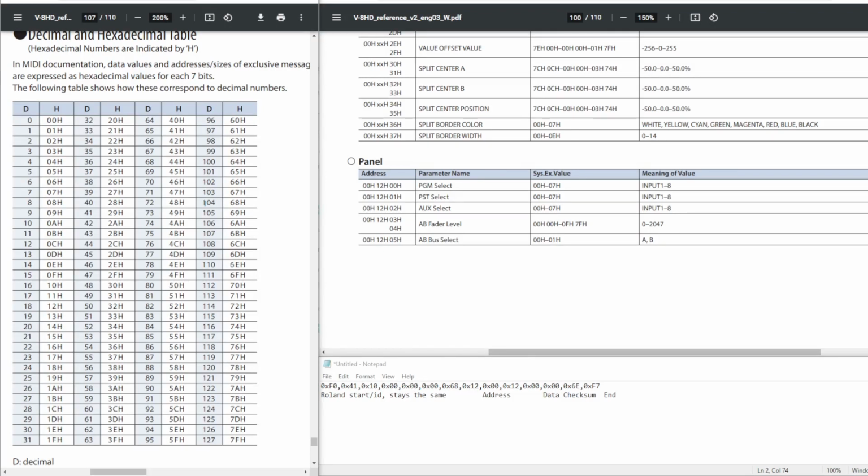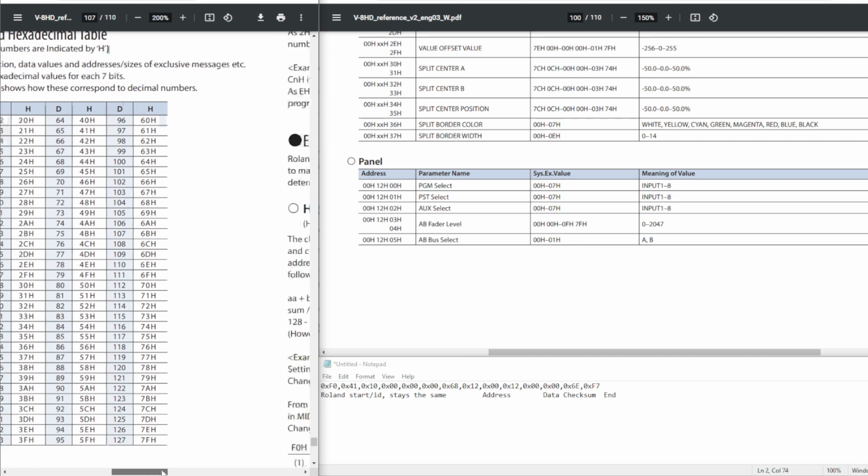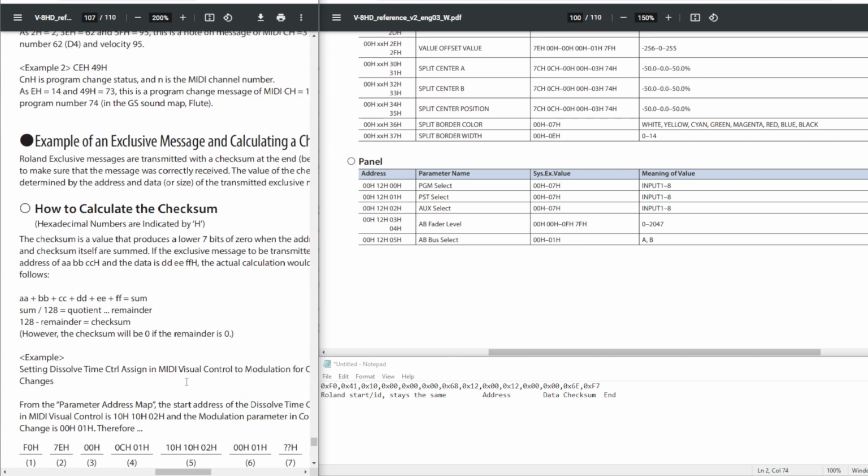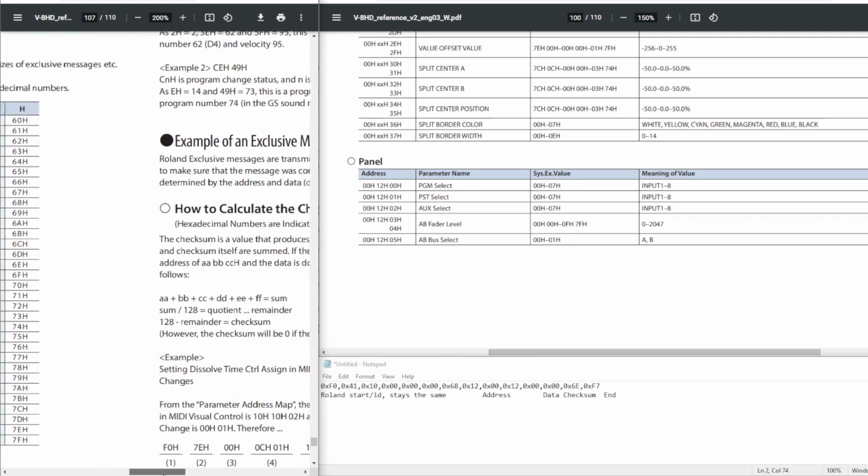Quick recording on how to send a SysEx command to the Roland V-8HD. I actually have the manual pulled up in a couple different places. On page 107, it gives the decimal and hexadecimal table, and we'll need that. And also how to calculate the checksum. That's both on page 107 of the Roland